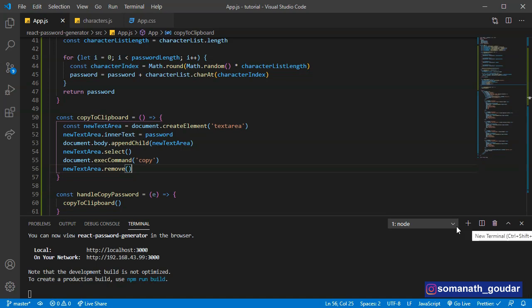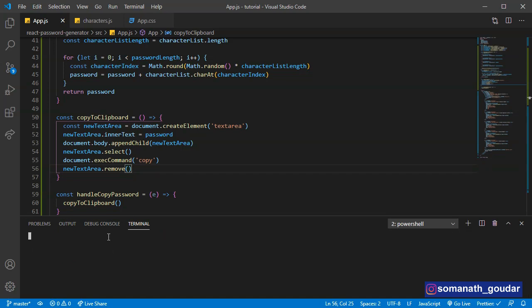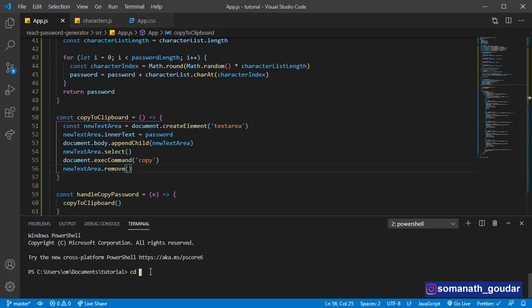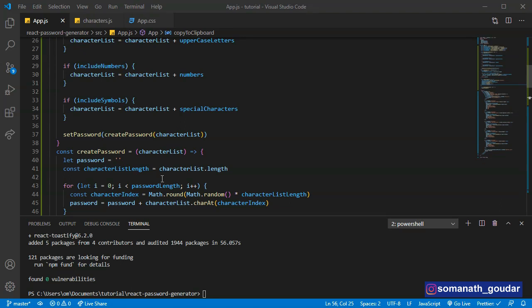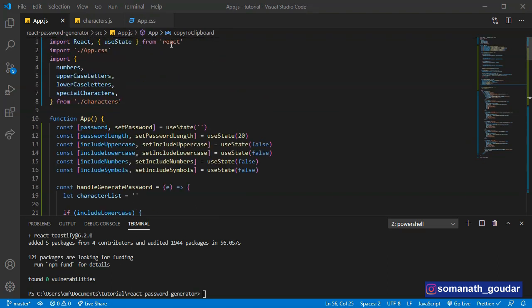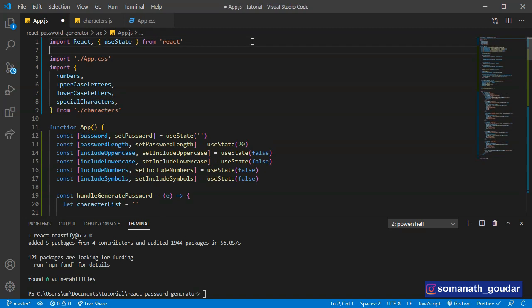Now we are going to open up the terminal. I'm going to cd into our password generator folder. I'm going to paste the command over here, and let's install that React Toastify. Once it has done installing, we need to import two things from React Toastify. We are going to import